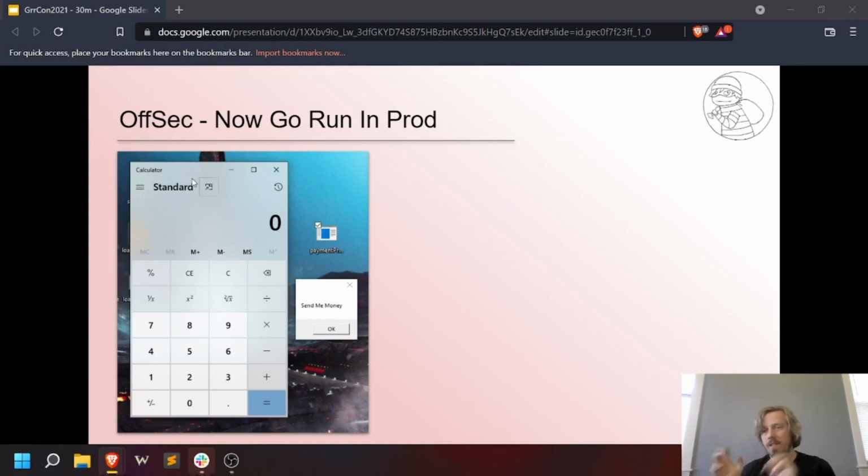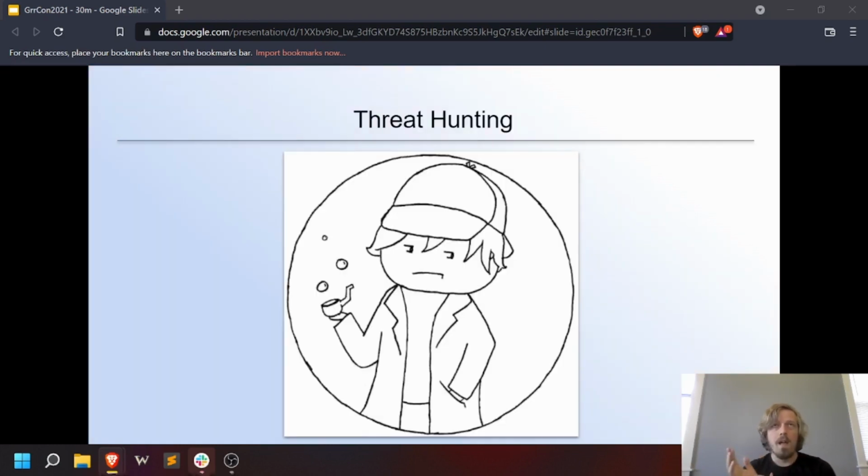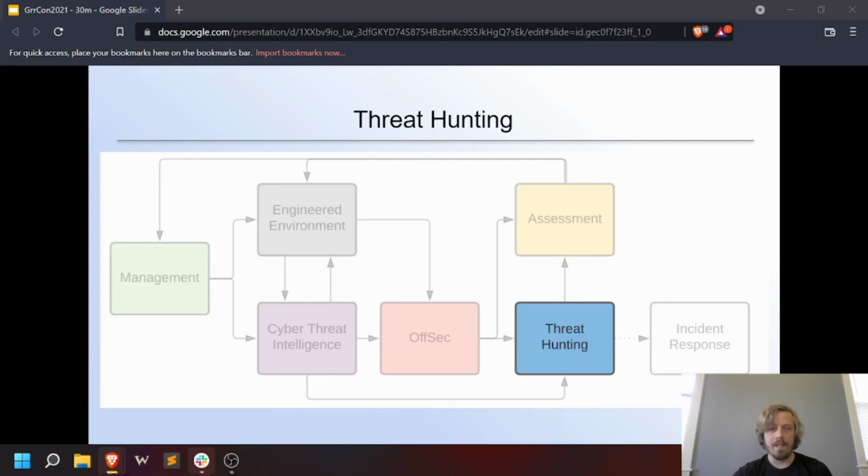So now we can take that PowerShell script and run it in production in various different environments, and see how our protections and our detections stand up. Monday left me with a lot of good things to hunt for. Tuesday and Wednesday, probably a good part of Thursday, I actually emulated that activity, or at least part of the activity that I'll be hunting for. And so now it's time for us to go looking for that activity.